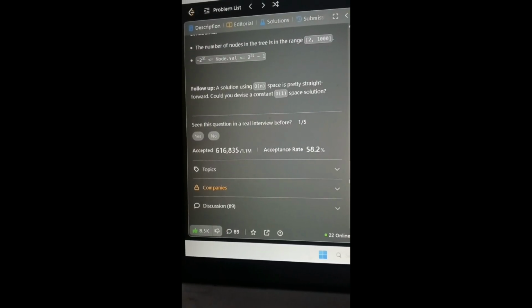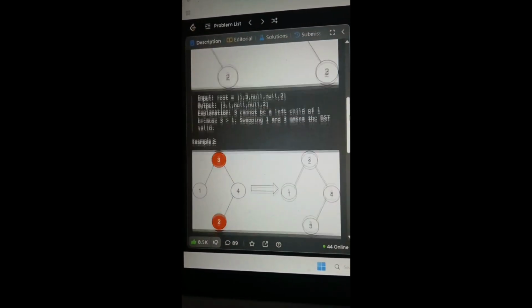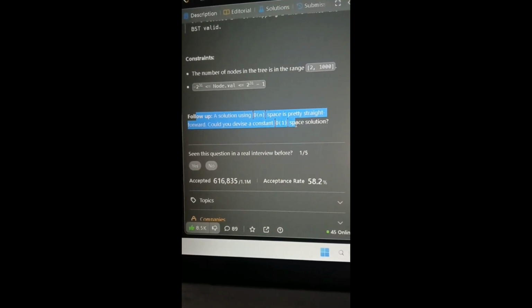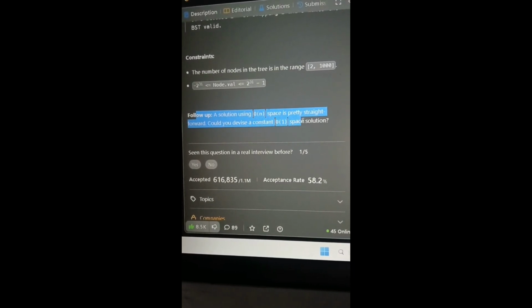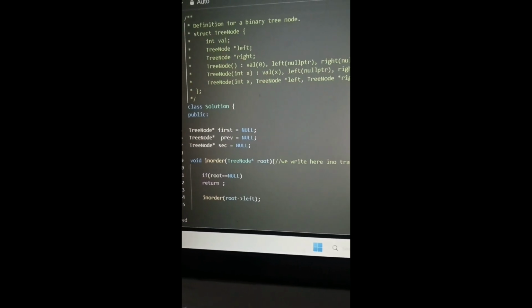And here in the description are the examples on which we can dry run our problem. And there are some constraints: number of nodes, tree ranges, node values, and a follow-up. It means a solution using this much space is pretty straightforward. Could you devise a constant space solution? We have written the solution, which has a time complexity of O(n)